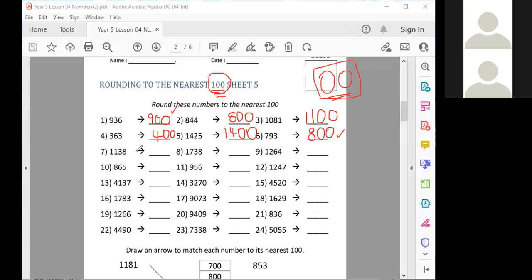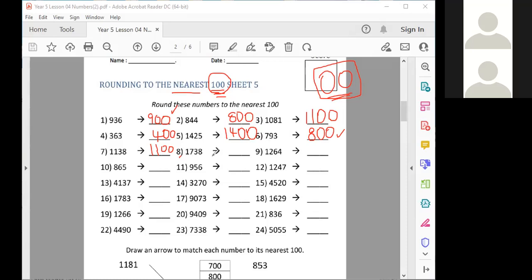1,138 would be, now it's between 100 and 200. So it's 138, so it's 1,100. It wouldn't go to 1,200. It's not 1,000, Rajavin and Lakshman, because you are rounding off to hundreds, not to thousands. Your answer, 1,000, is already telling you what? We are talking about hundreds here. Okay, so number 8,